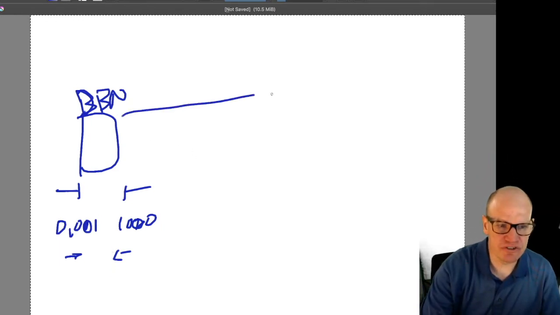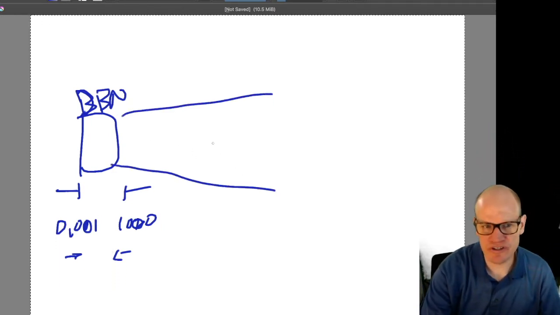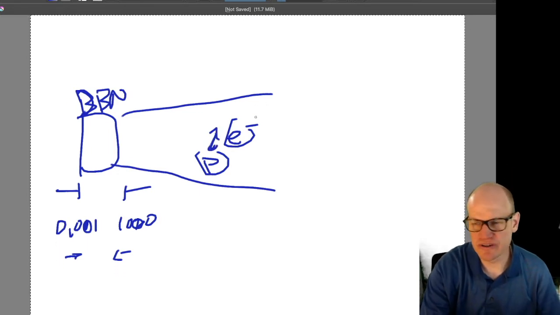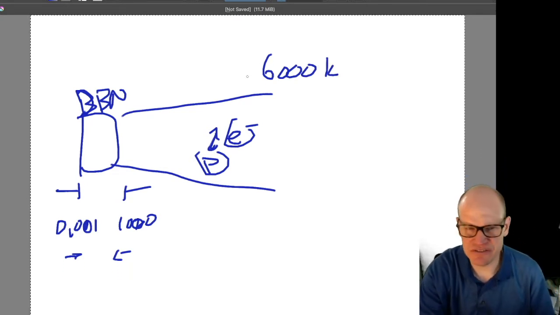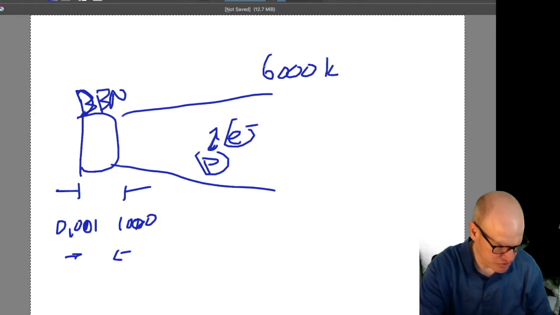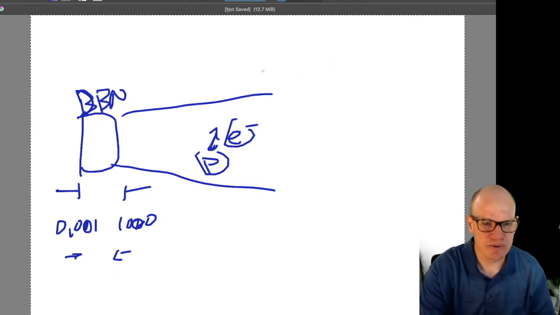Okay, so then the universe continues to expand and continues to cool for a long time, but it's still too hot to allow the electrons to bind to the protons. That doesn't happen until you cool to the point where this can take place. That happens at around 3,000 Kelvin.